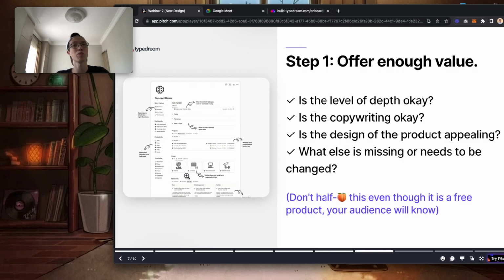So while you're building out the free product, ask your colleagues, ask your friends, ask people to give you a second opinion to see whether it catches their attention. And once you have that,